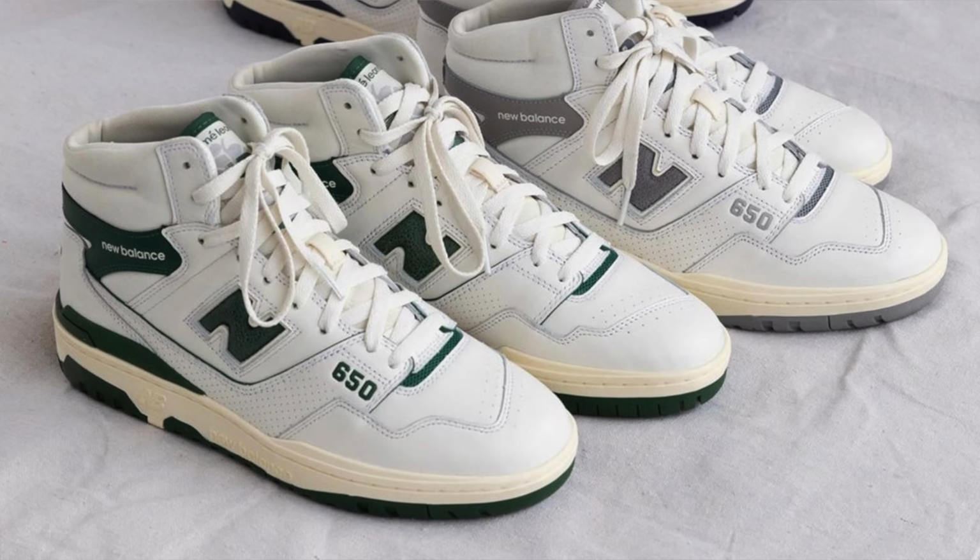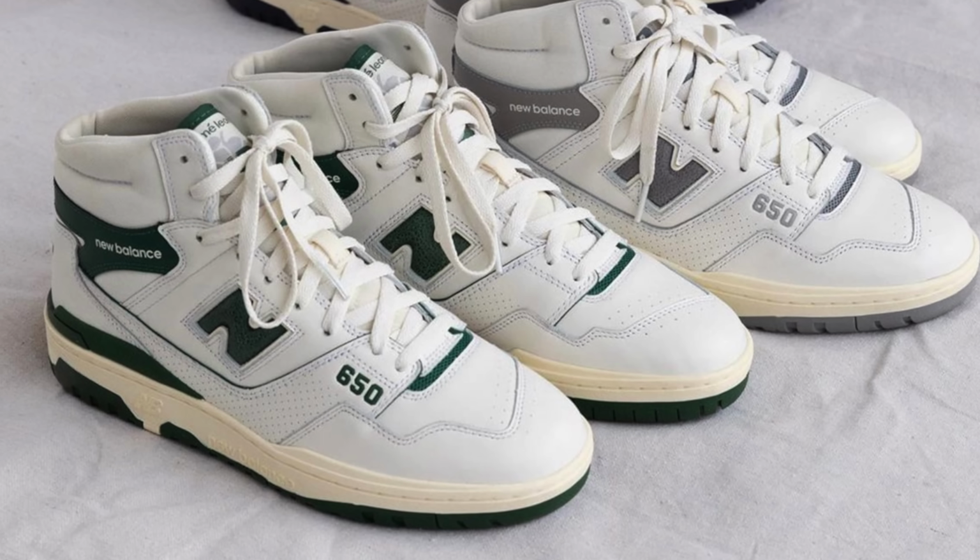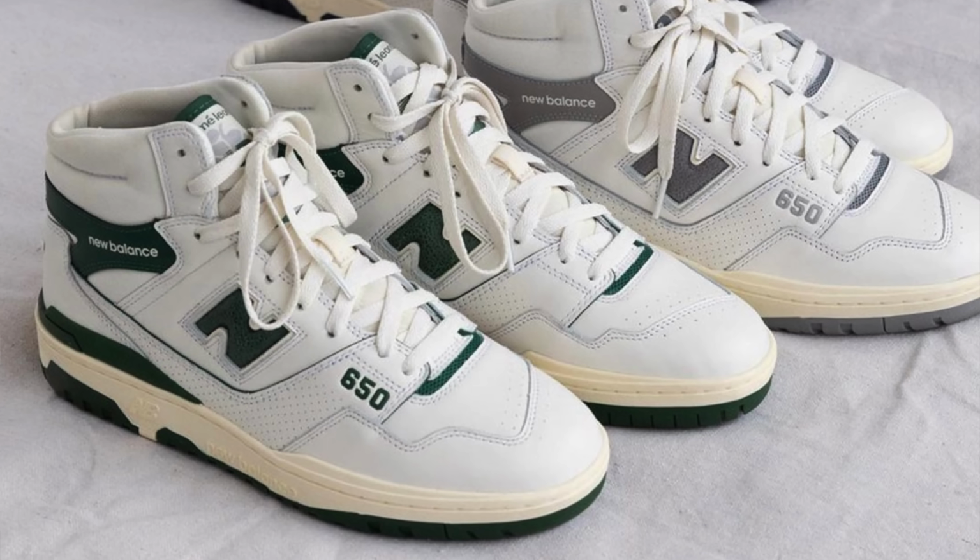Now, I know you might think that I'm blinded by my love for New Balance, but I do see that this shoe looks very similar to the 550s. I get that, I understand that, but regardless, it's still a fire sneaker. In fact, in some ways, I think the shoe might even be better than the 550s